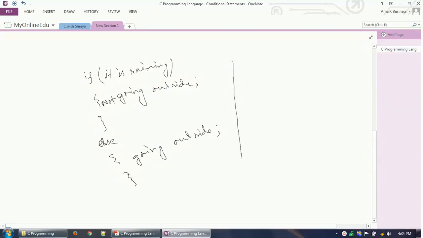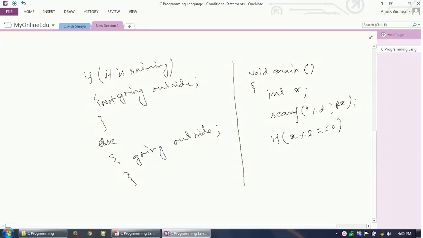An example of a conditional statement in C programming would be to find whether a number is odd or even. To write that program, we can write something like: void main, then int x is my number, and now I can ask to enter a number, scanf with the address of x. Now I can write: if x mod 2 is equal to 0,